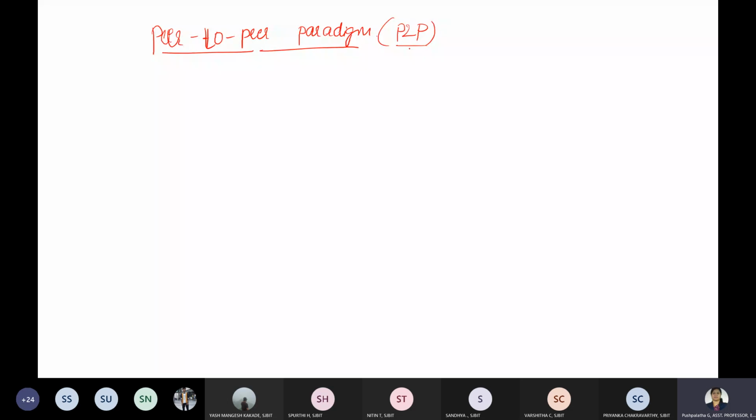This is that paradigm, abbreviated as P2P. Most of you might have heard it but never known what P2P is. So P2P is the peer-to-peer paradigm, which has emerged in order to respond to the needs of some new applications. Now in this particular paradigm, there is no need of a server process.